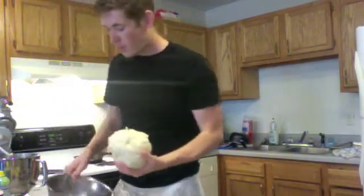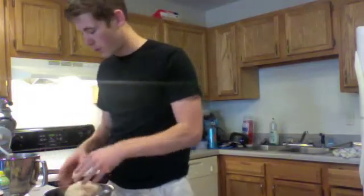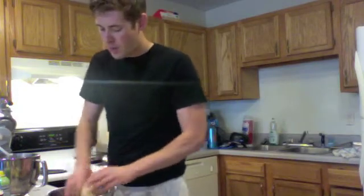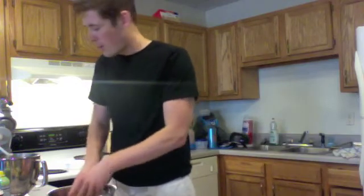I've got this oiled up bowl here that I'm going to let it sit in for the first rise process. I'm going to make sure that I'm covering the entire dough with the oil so that it doesn't stick. And then we're going to cover it with film wrap and let it sit for about an hour so that